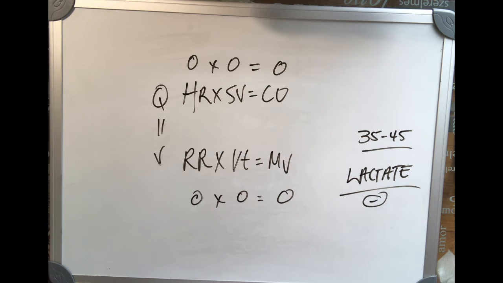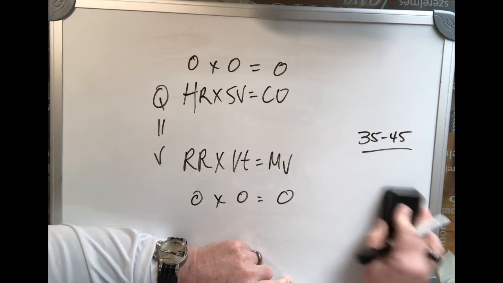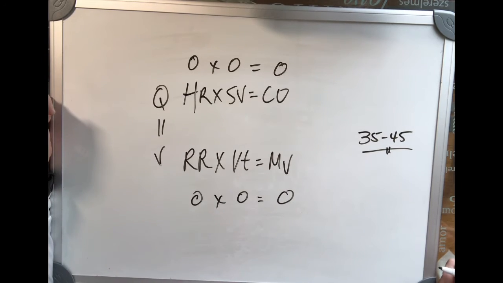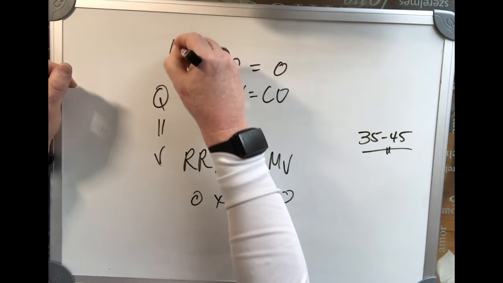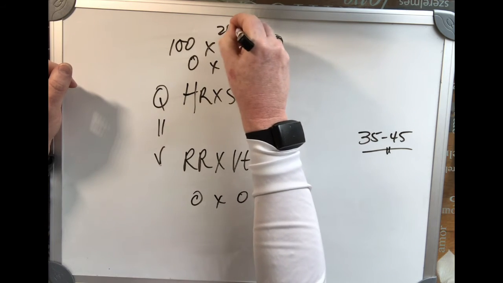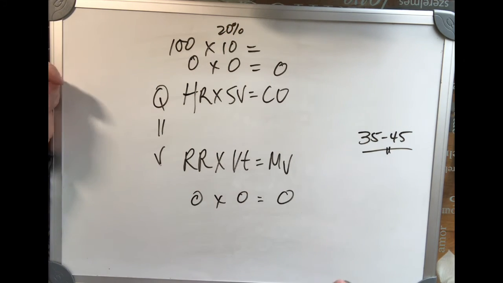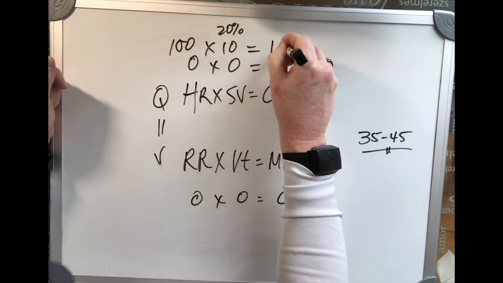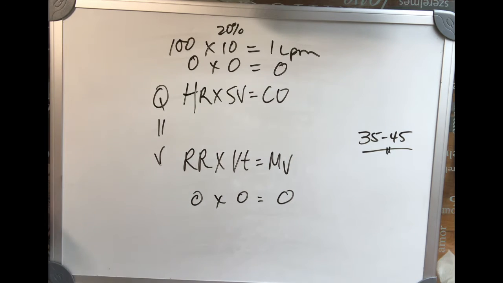The easier way to fix this is to keep the patient from producing too much lactate by staying in front of them so they don't develop this profound acidosis. So the goal would be that I want to maintain a VQ match the entire time. All right, so I'm going to come along and start doing compressions at 100. I'm going to get my 10 mLs, which is about 20% of normal blood flow. And then what we're going to end up with here is 1 liter per minute, and that's about 20%